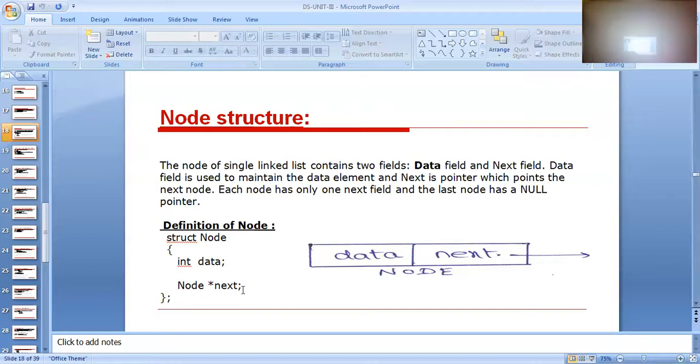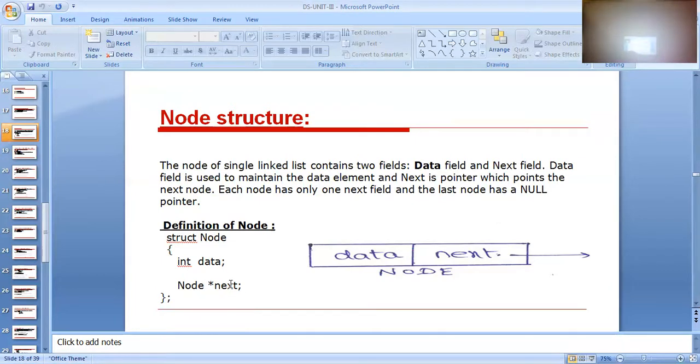Data and asterisk next. Data is an integer data type. Next is a structure data type. Next is a pointer variable. It means if it is a pointer variable, it holds the address of another structure variable. Clear? Why? Because it is a structure variable.